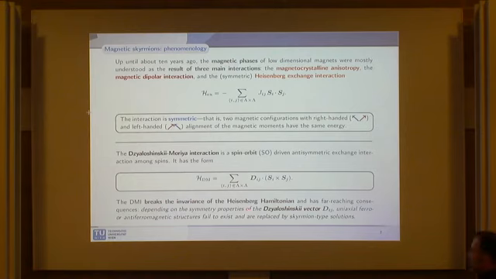And this is called the Dzyaloshinskii vector, this vector here. And depending on the symmetry properties of the crystal lattice of the magnets, and according to some rules which are established in Moriya's papers, you can derive the expression of this vector Dij, and then consider the full model in which these contributions sum up.